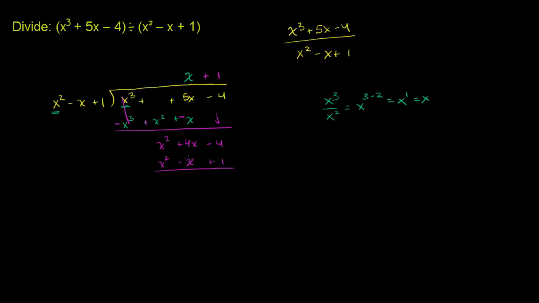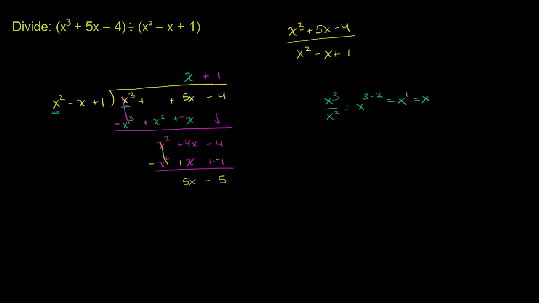And now we want to subtract this from that, or we want to add the opposite. And to add the opposite, we can just multiply each of these terms by negative 1. X squared becomes negative x squared. Negative x times negative 1 is positive x. And then positive 1 times negative 1 is negative 1. Now let's do the addition. X squared minus x squared, they cancel out. 4x plus x is 5x. And then we have negative 4 minus 1 is